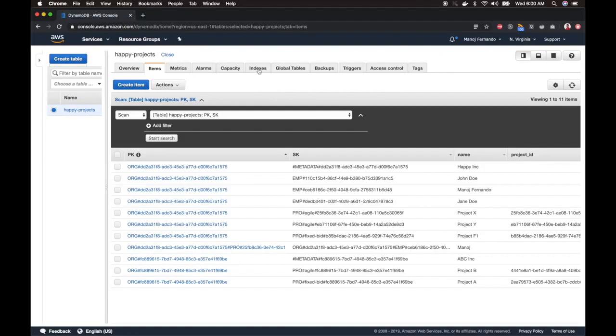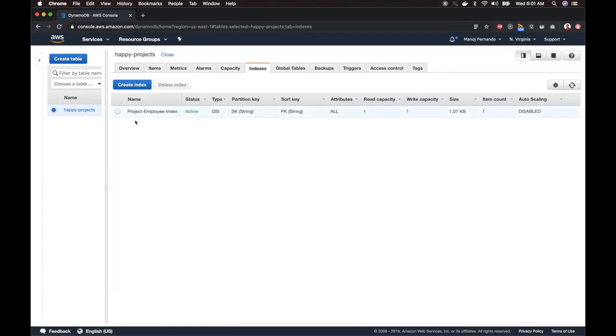I go to the indexes tab here. Now I already created this index. So for the partition key, I selected the sort key of the table. For the sort key, I selected the partition key of the table. So how can we do it from scratch? Click create index here,